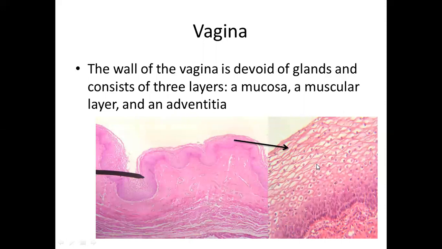The next component which we have discussed is the vagina. The vagina is again made up of 3 layers: tunica mucosa, tunica muscularis externa, and adventitia. In the case of the mucosa, the lining epithelium in the vagina is stratified squamous non-keratinized epithelium, and a very characteristic feature of the lining epithelium of the vagina is that the squamous cells, which are more superficial or in the middle layer where the cursor is moving, appear empty.